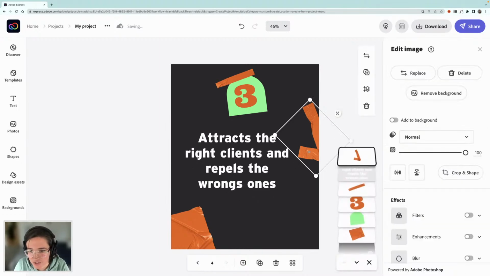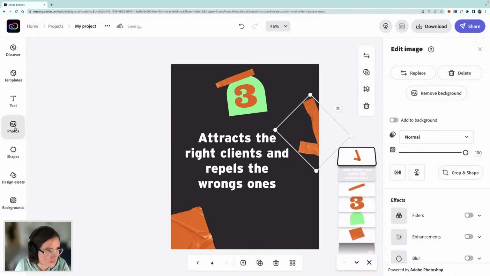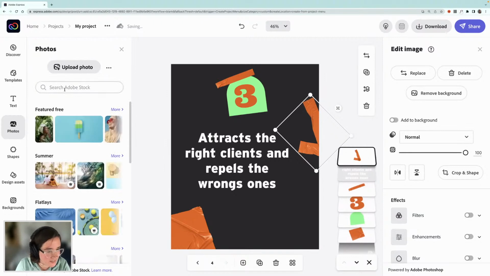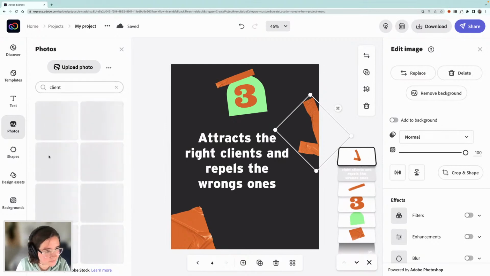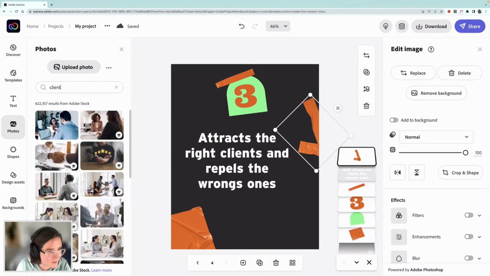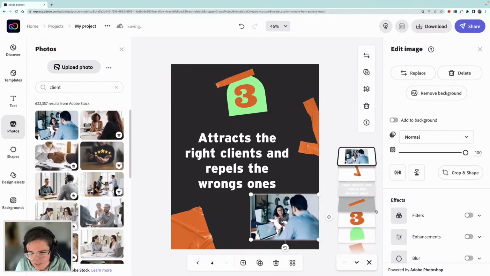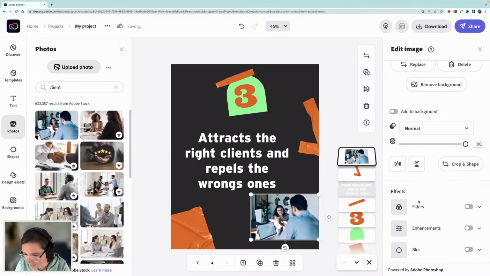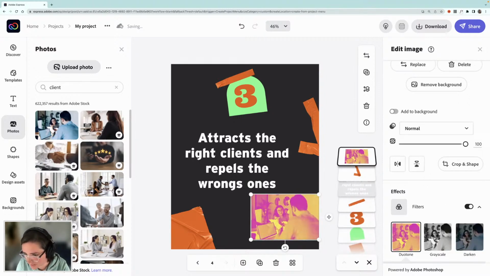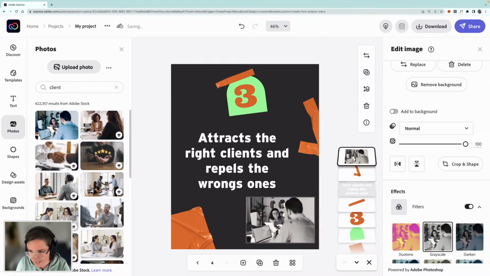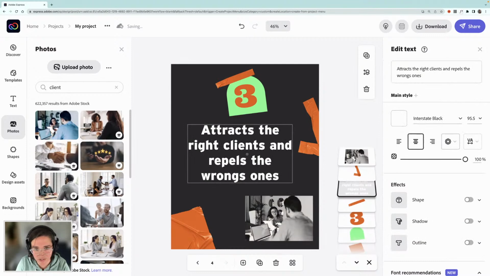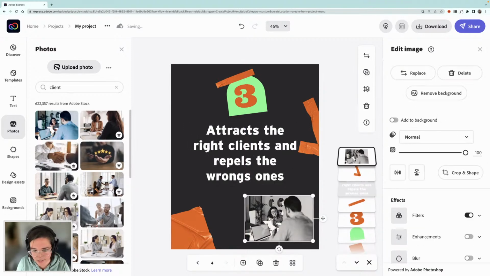Okay, so what I'm going to do is head over to photos, and find a stock image of a client to go on this slide. Okay, I'm just going to go with this first one. I quite like it. And so that it fits in with my design, I'm going to grayscale it. And then the other thing that is nice that you can do, let me just center that,